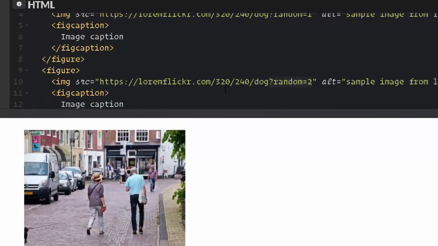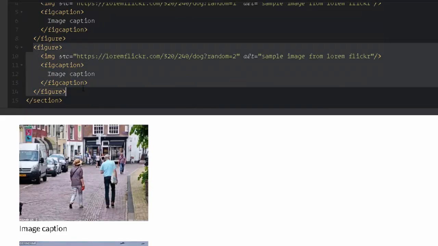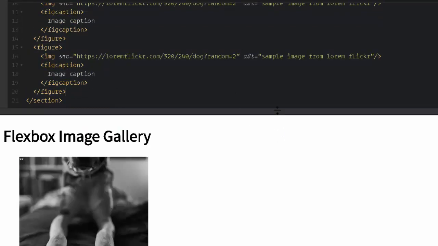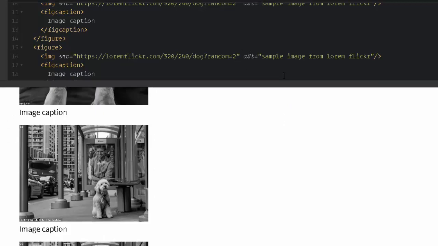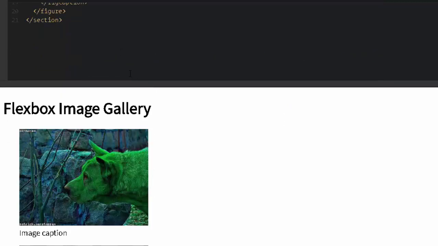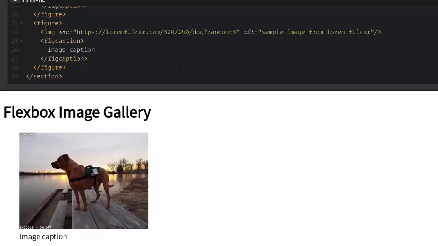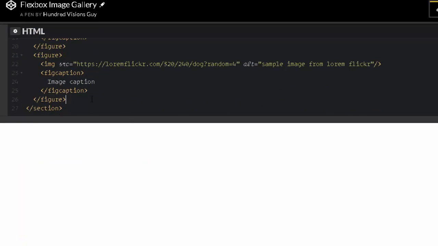So what we're going to do here is I want to have a minimum of 9 figures in all. So I'm just going to copy the code, hit enter and paste it, and change it. Let's see if the random 2 ends up giving, yeah, it gives the same one. So I'm just going to keep adding to what that random is. That's 3, so wait, we already did 3, so this will be 4,